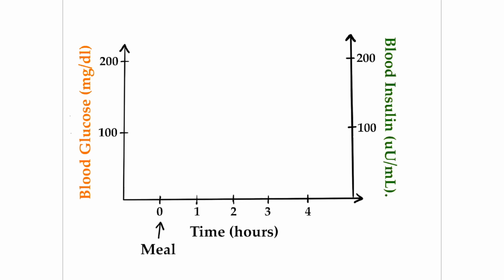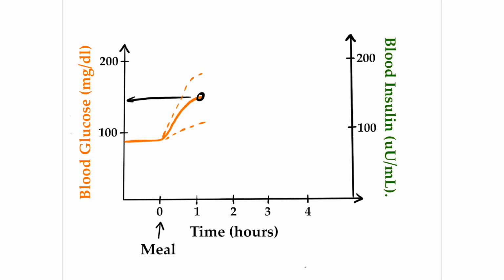Now let's assume we break our fast with some bread or cornflakes or oatmeal. All of these consist mostly of starch, maybe with some added sugar. So after digestion, mostly glucose molecules enter our bloodstream from the GI tract, and our blood glucose levels start to rise. In healthy people, depending on how many and what types of carbs the meal contained, blood glucose levels typically reach somewhere around 140 milligrams per deciliter at the peak. Depending on the carbohydrate content of the meal, this could be a very small increase, like so here, or it could be a pretty substantial increase, maybe up to 180 milligrams per deciliter or so.